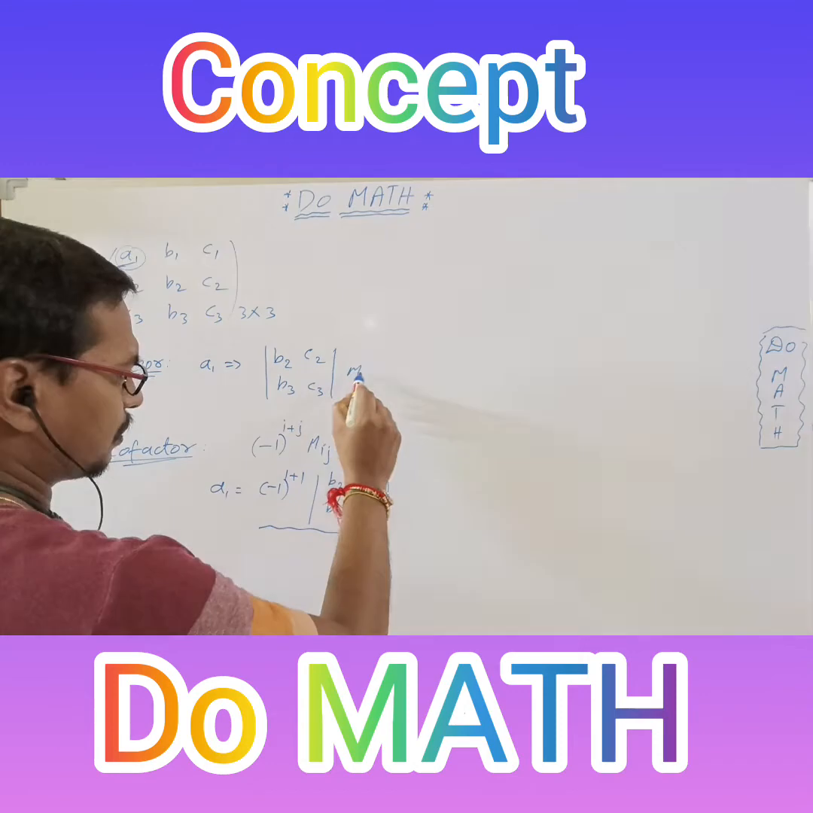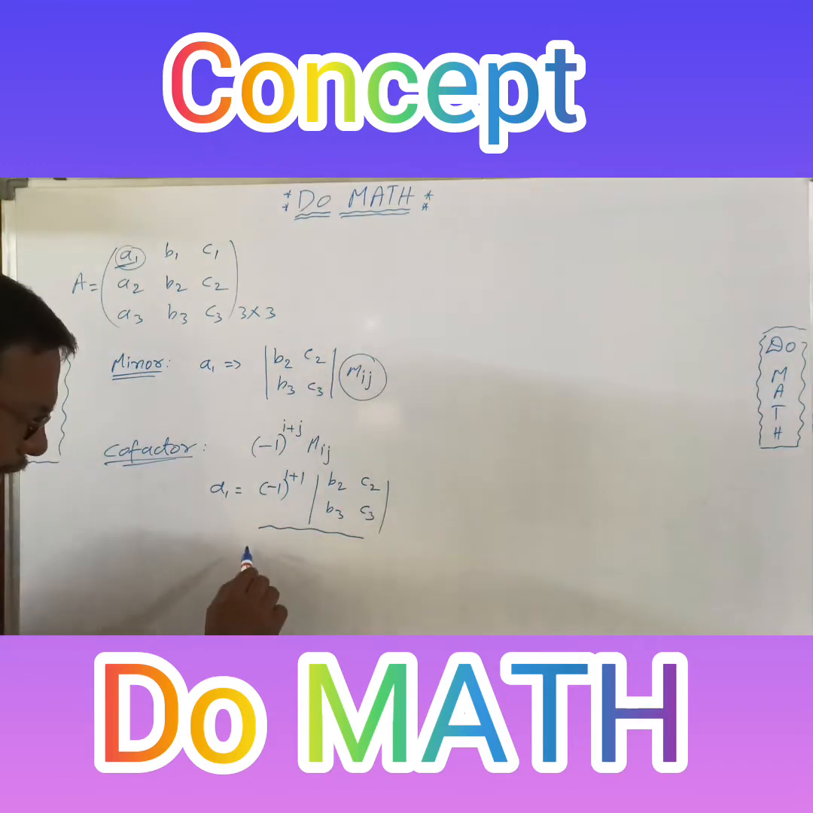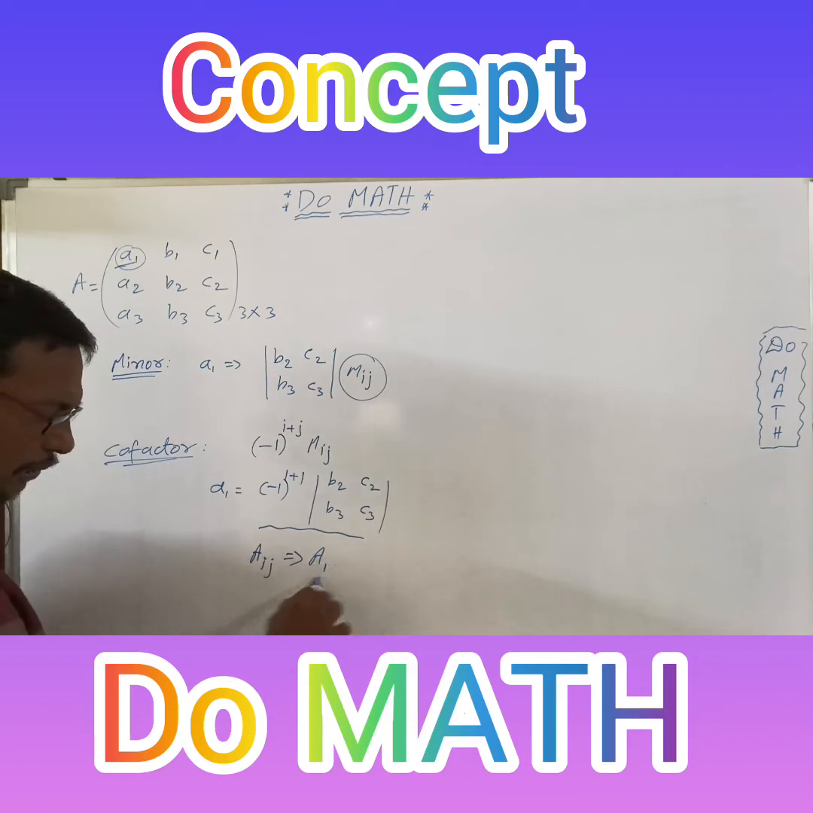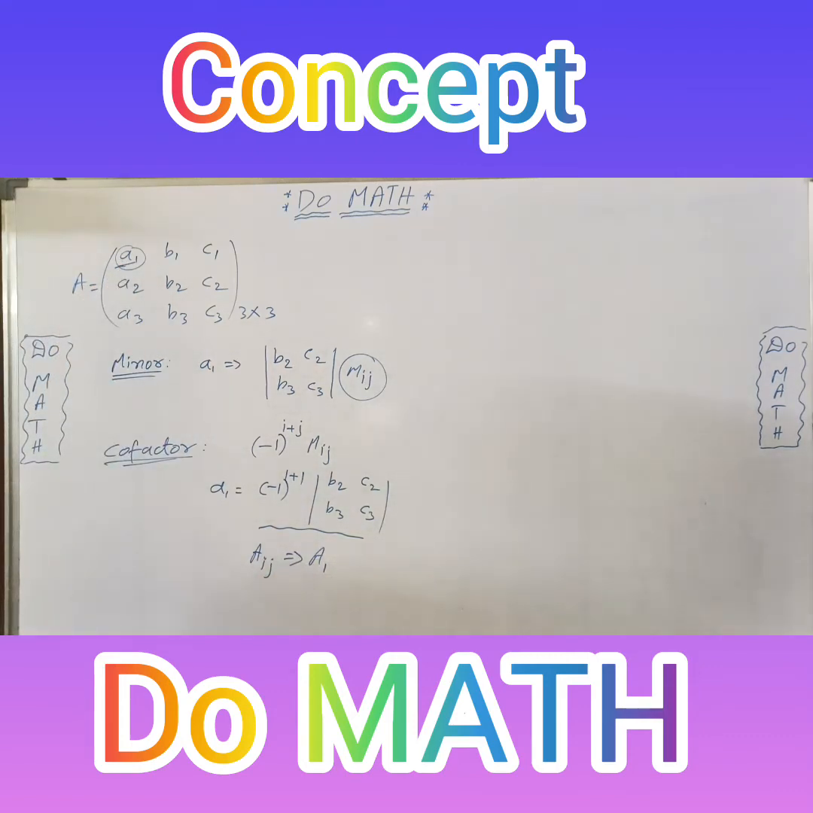So simply we can denote the minor as Mij and the cofactor as capital Aij. So we can denote small a1 and capital A1. Now